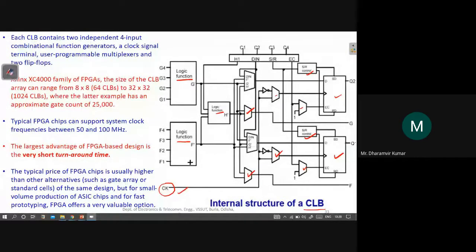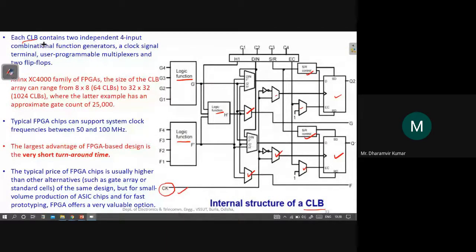And it will have some multiplexers which will be used for selecting particular functions, and then some flip-flops and a clock signal, and they are connected in a proper way so that you obtain the desired functionality. So these are the different blocks which are present inside a CLB, configurable logic block.